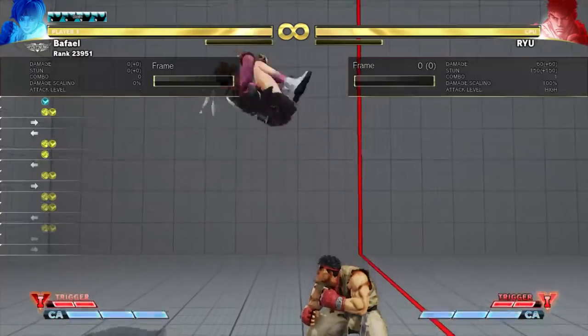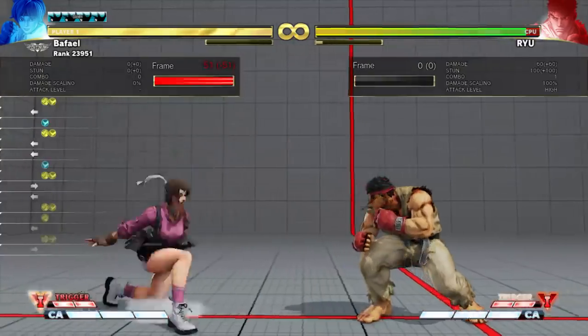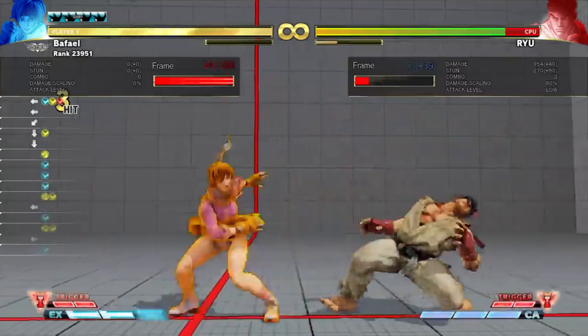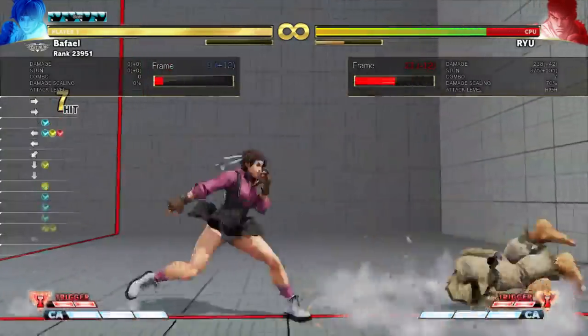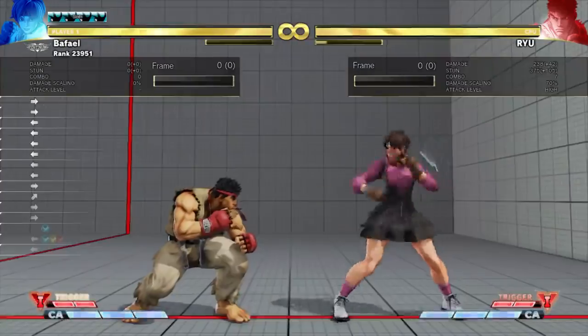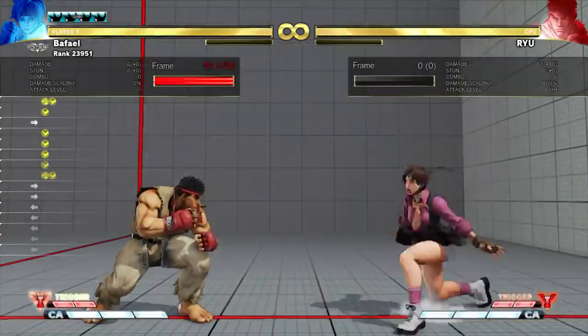If you do the kick follow-up, I think it's a high. Yeah, it is a high. It's +5, so you can do combos. On block, it's, I think, kind of unsafe. It depends on where they block it. Like, if he's crouching, it's kind of deep, so it's only -3. But if he's standing...